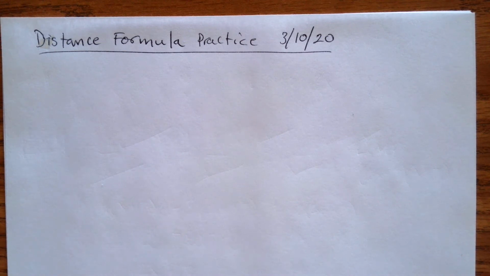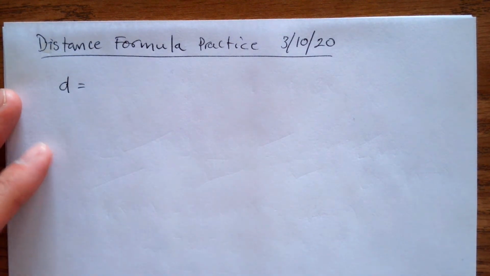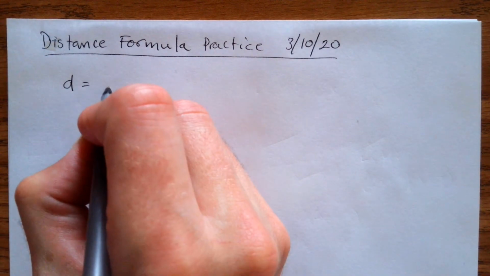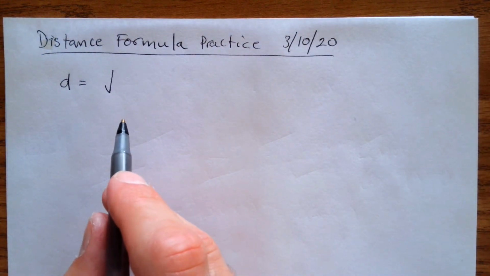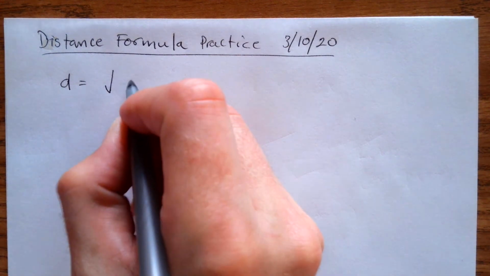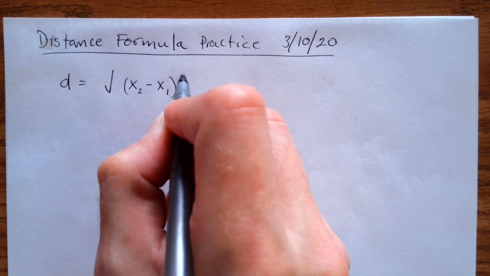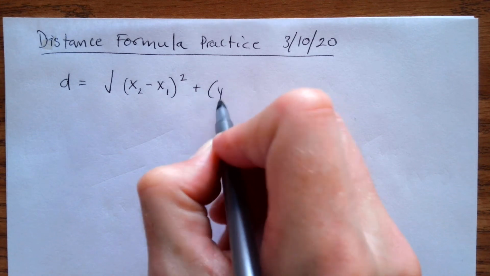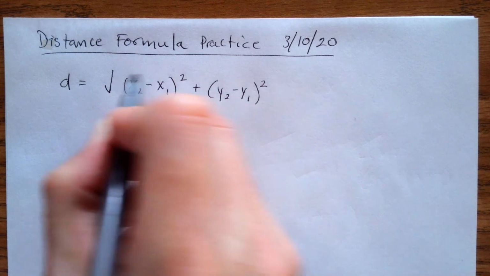So, distance formula. That comes from the Pythagorean theorem, but we're actually just going to solve for the hypotenuse first. So the distance formula is d equals the square root. Everyone usually forgets the square root, so careful with that. The square root of x2 minus x1 squared plus y2 minus y1 also squared,